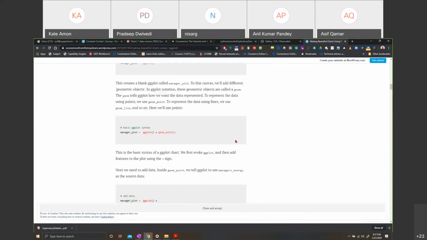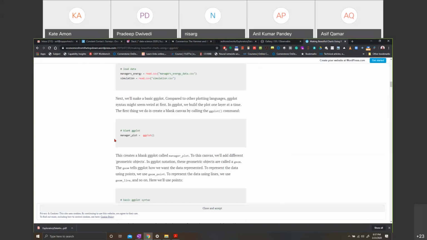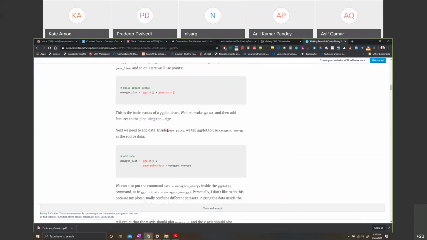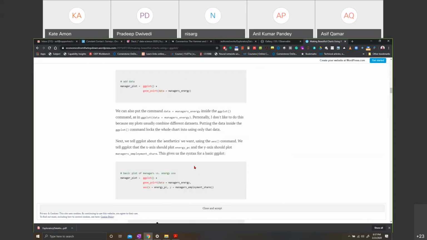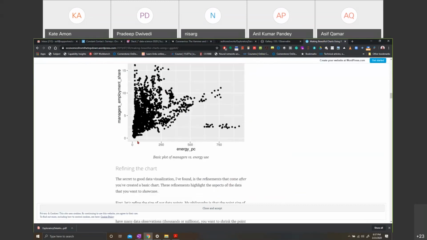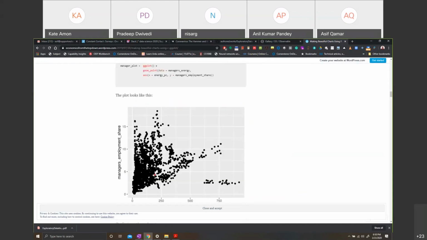Yeah, see guys, see how he builds the data. He takes this file, he reads the data, then first thing he does is he says, okay, ggplot. Then he's going to bind it to a geometry, right? First plot, geometry, but then you have to give it data. So at some point you have to give it data. Usually I give data in the ggplot itself and then add geometry to it. After that, aesthetics. What are the X and Y axis? It leads to this.